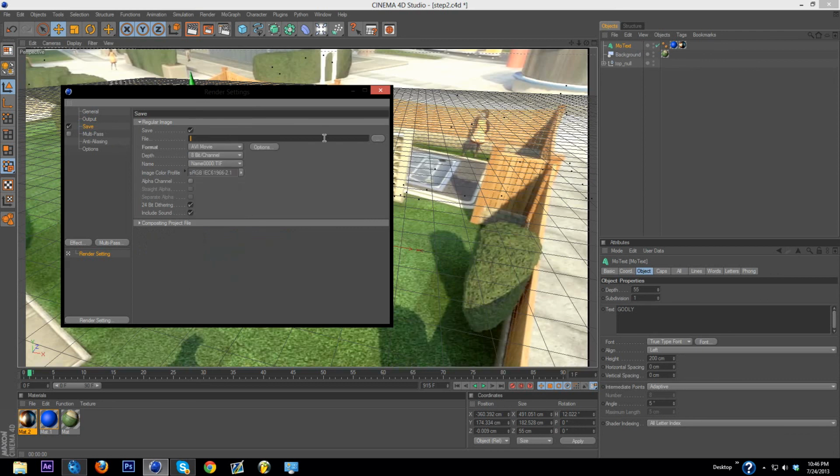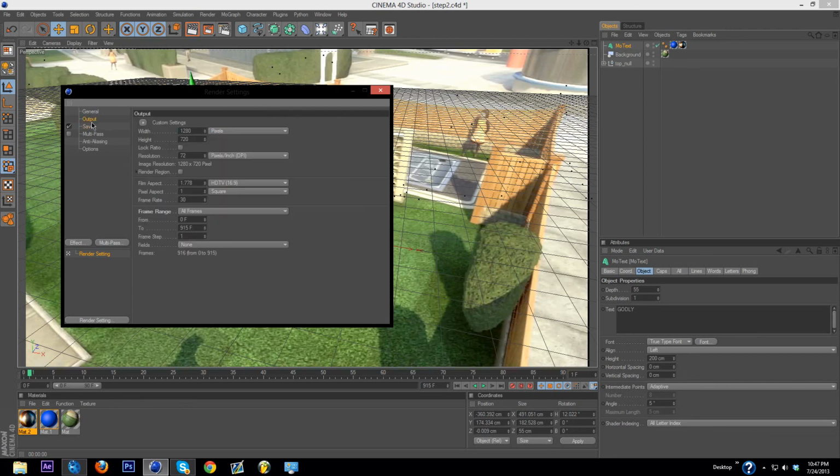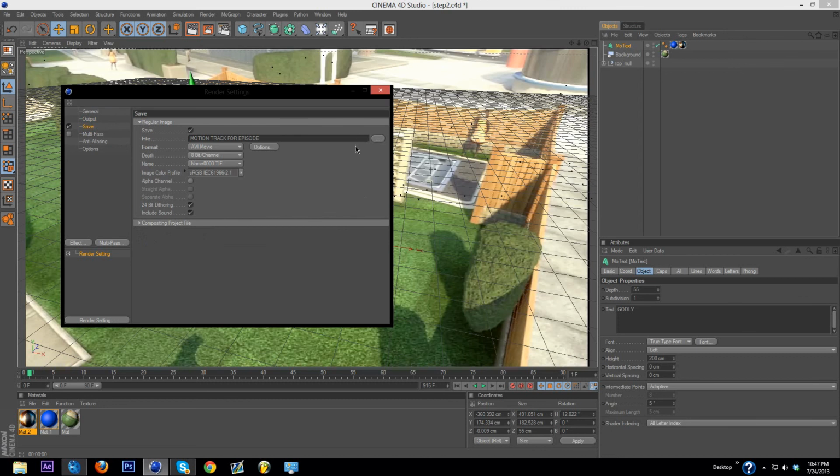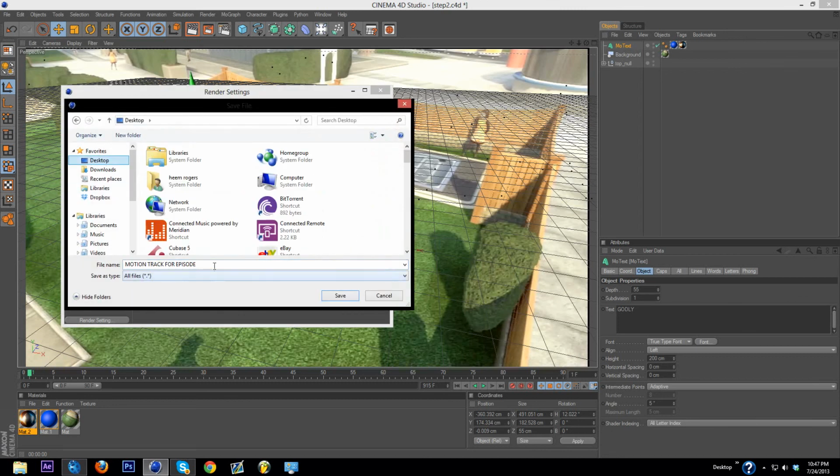Name it as whatever you want. Say motion track for episode. Motion track for episode, and then you don't need to do anything. Just change the output to all frames, and then motion track for episode. Save it to your desktop. Then you can just add it into AfterEffects and do all that. Just save it,